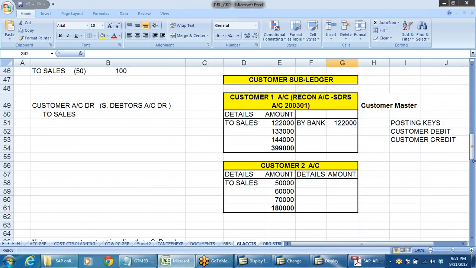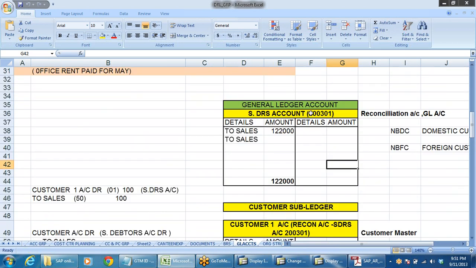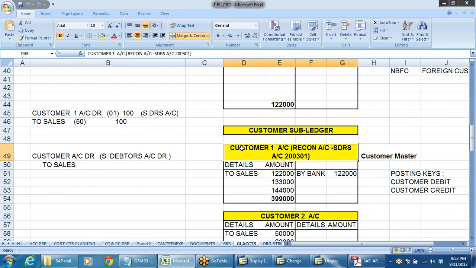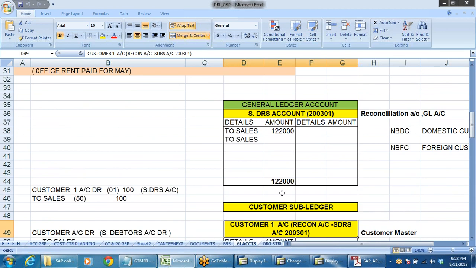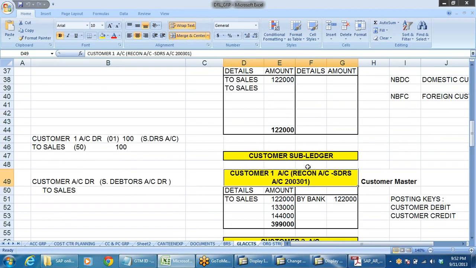Right here we have already seen all these things. Sundry debtors account, and this is customer account. So this is each and every customer account, customer 1, customer 2, like that. Every customer account is linked to sundry debtors account. So like that, in customer account I have given,